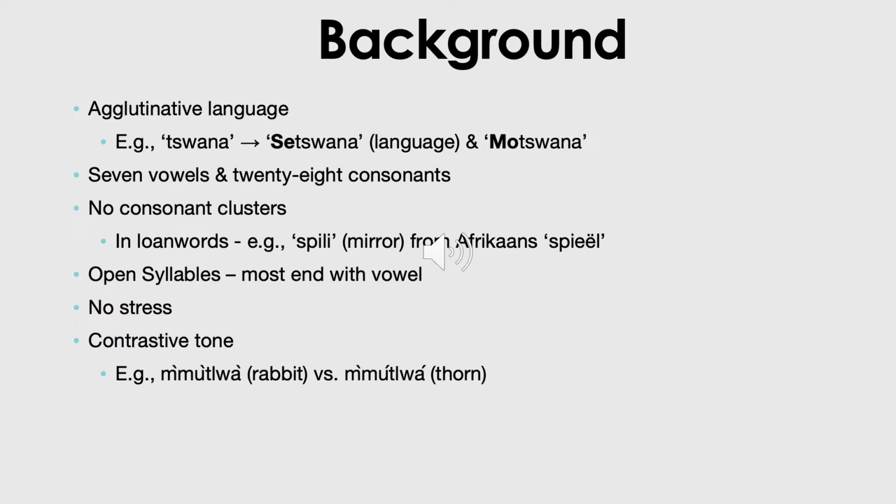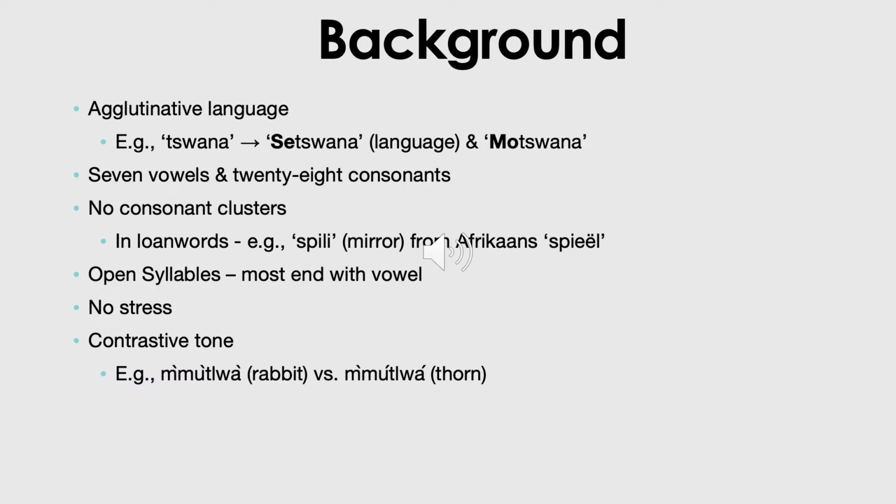Setswana has 28 consonants and 7 vowels, none of which have diphthongal qualities. It has an open syllable structure, meaning that most syllables end in a vowel. The Setswana speech sound system does not have consonant clusters, except in producing loan words from West Germanic languages such as English and Afrikaans. For example, the word spielie, which is a mirror, is a word that has been borrowed